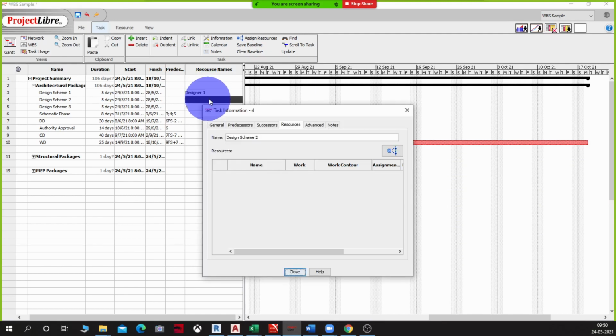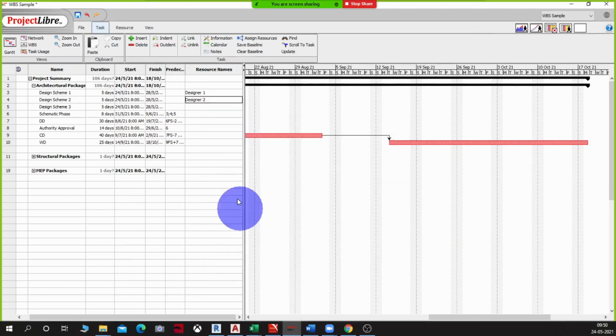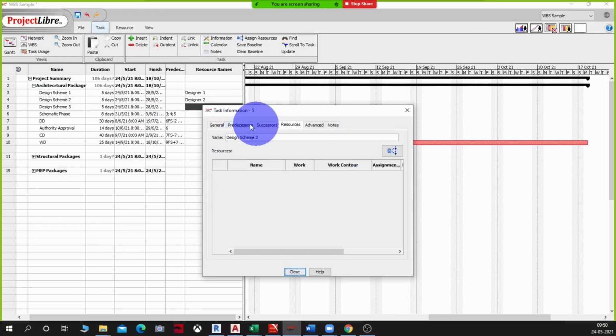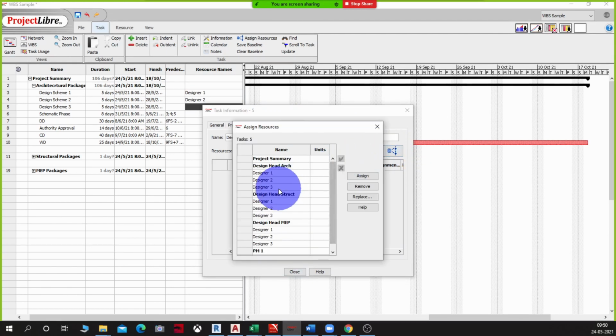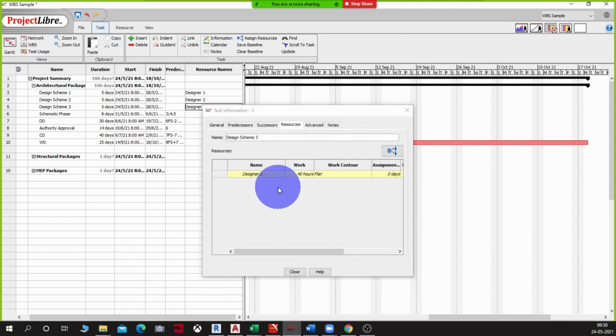Let me come to the second one and I'm going to assign designer 2 to this work, and I'm going to say close. I'm going to come to the next one, double click, you will activate that. Under resources you go to the resource structure here, and from there you can double click on any resource and they'll get assigned that role. Okay, I'm going to say close.